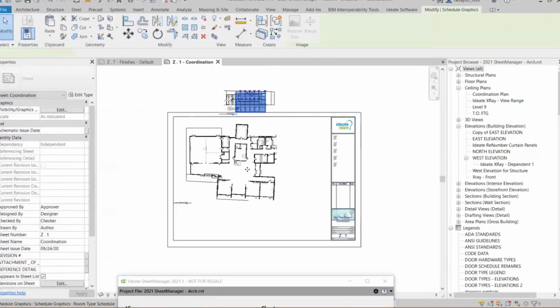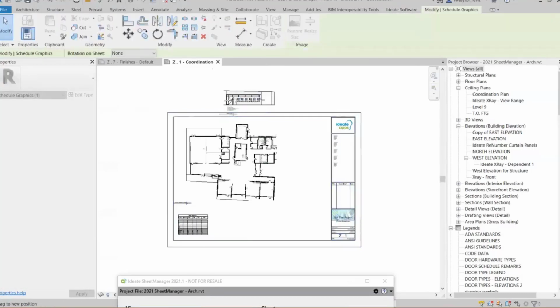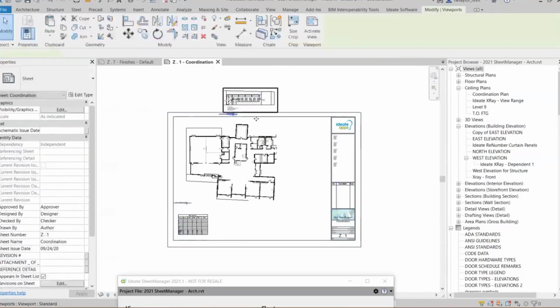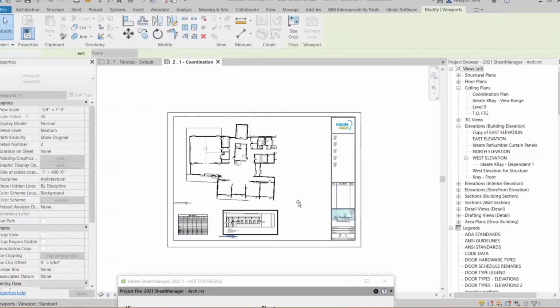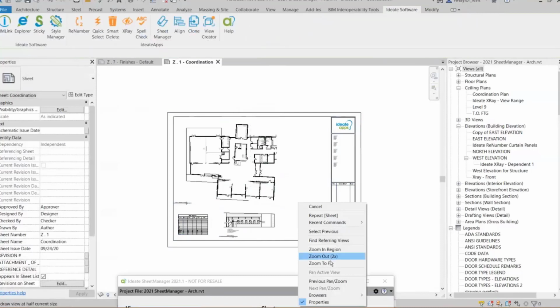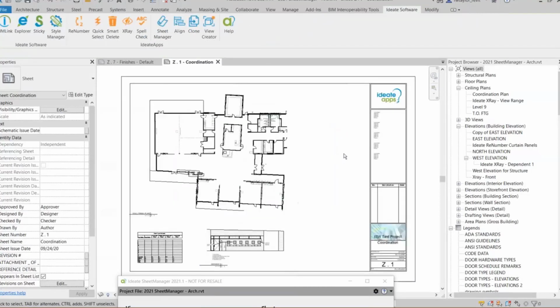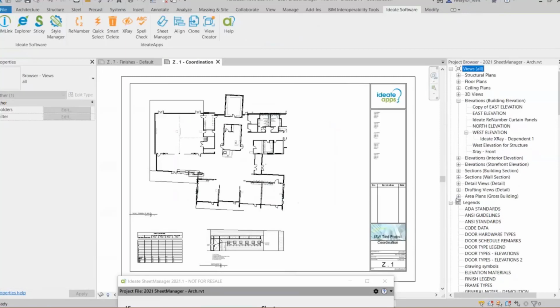I want the schedule to be down here in the lower left. And then I want this elevation to be here. So I'm laying that out basically the way that I want. So I say zoom to fit. Now, if I come over here to Revit and go over to my